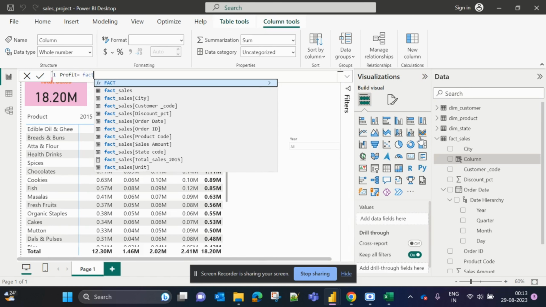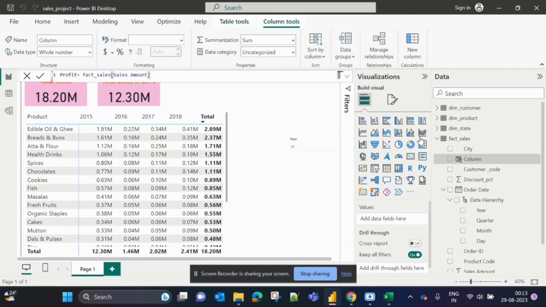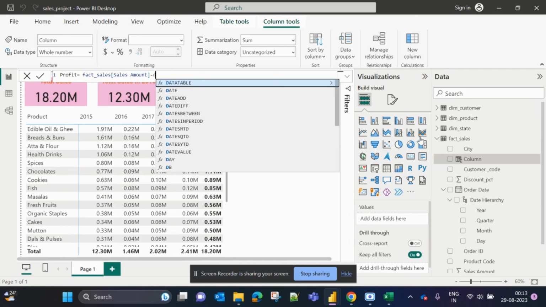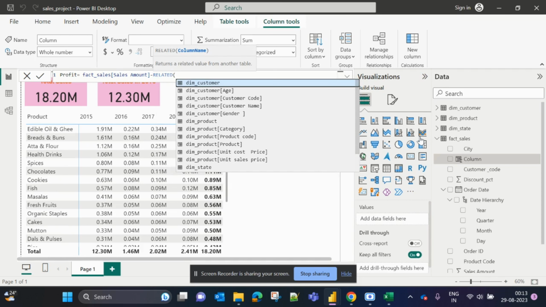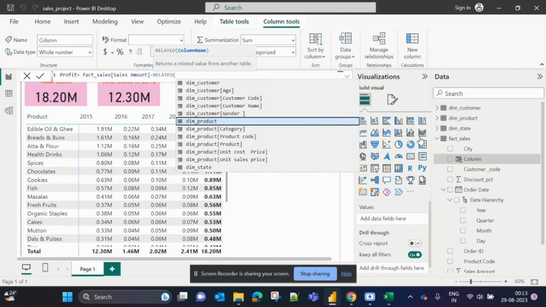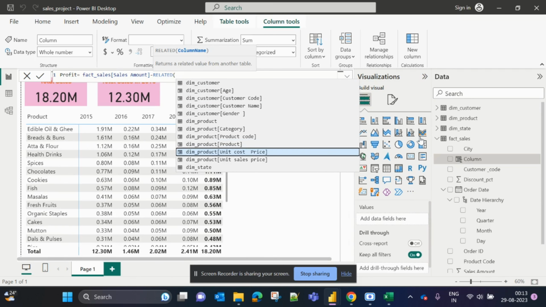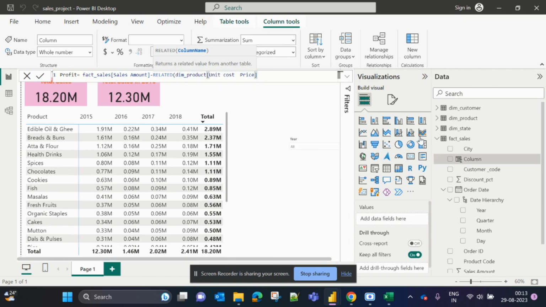Fact sales amount minus dim, sorry, it should be RELATED. Why we are using RELATED, I will let you know. And the column name is dim product unit cost price, okay, multiplied by, sorry, close the bracket,